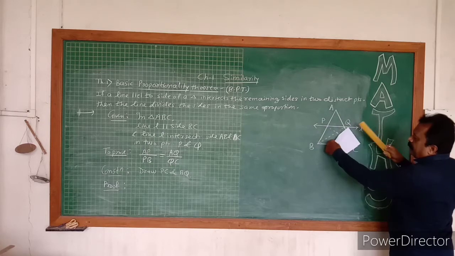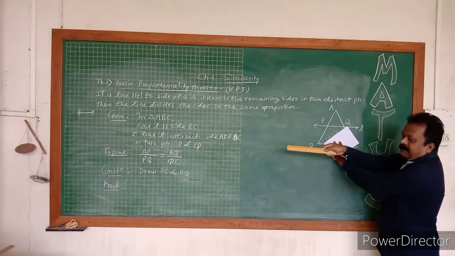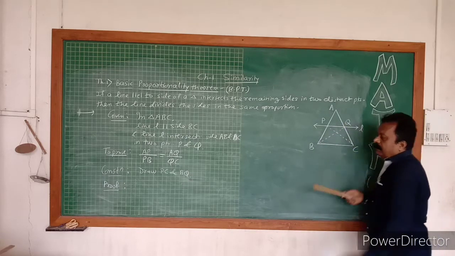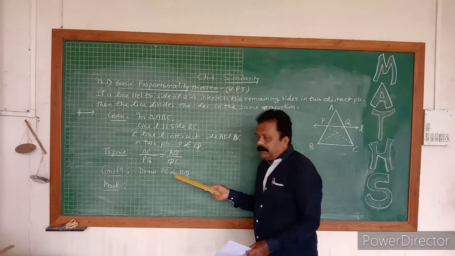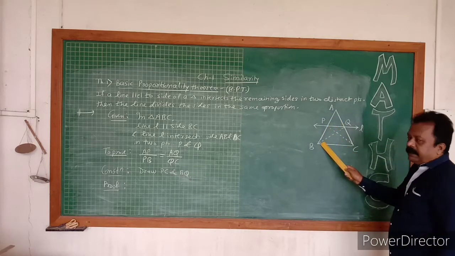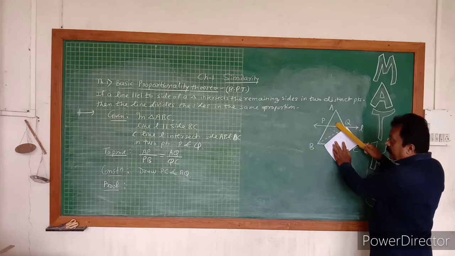Afterwards I will explain. Now see, in triangle APQ we got side AP. In triangle BPQ we got side BP. So the left side is AP and PB. According to our target, to prove this theorem, our target is what? To prove AP upon PB on the left side, and AQ upon QC on the right side. So first we have to get the AP upon PB ratio. So these 2 triangles we have to consider, because AP and PB are the sides of triangle APQ and triangle BPQ.